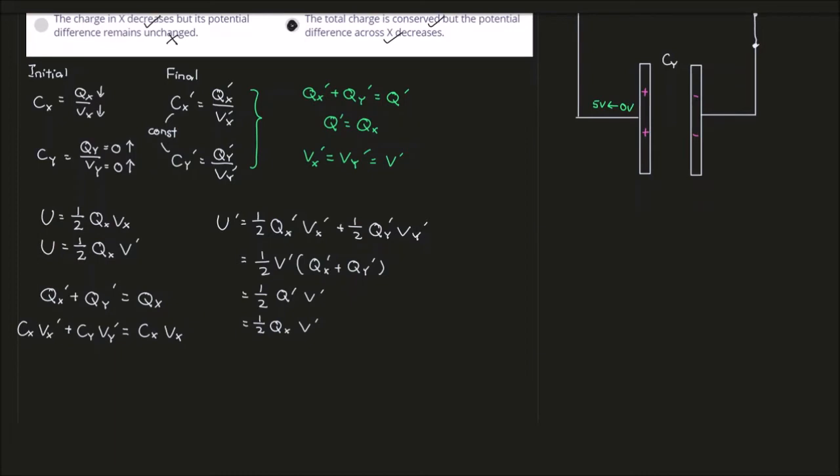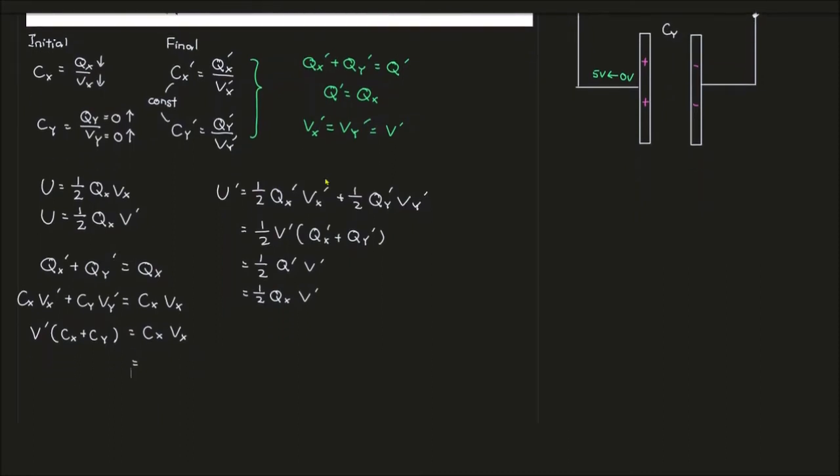Okay, so what we can do now is we know that Vx prime and Vy prime have the same value, so you can bring them out using V prime. So V prime times Cx plus Cy equals Cx Vx. Now you can rearrange the equation to be something like this: Vx divided by V prime is Cx plus Cy